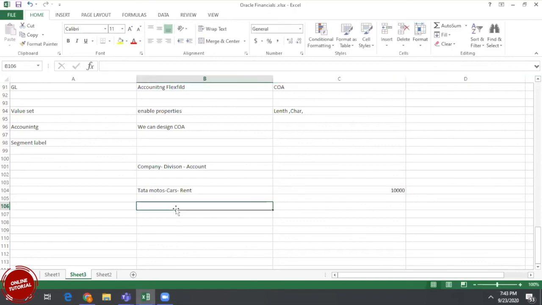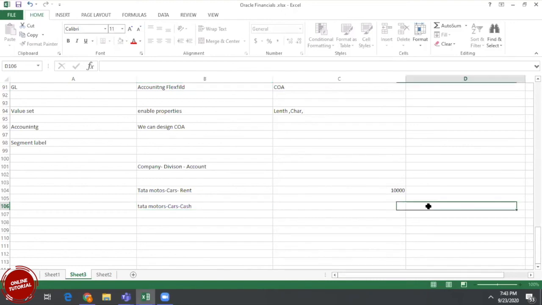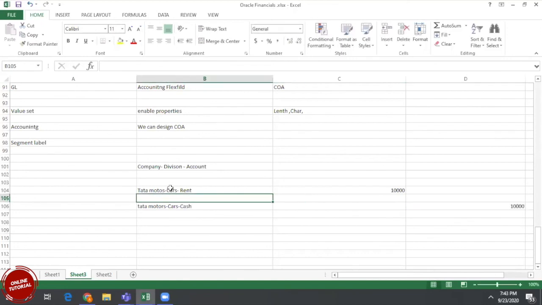In the same way, Tata Motors, cars, cash account, also 10,000 rupees. In this example, any one of the segments should get balanced as per the mandatory process.